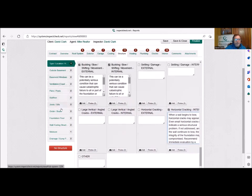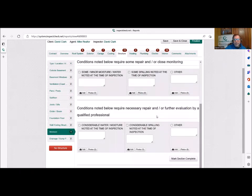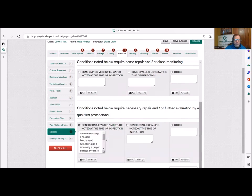As far as moisture, I guess one of my concerns here is, we've already figured out that there's a problem. There's got to be a moisture problem, right? There's, again, hydrostatic, geostatic combination. So I would probably put considerable water and maybe evidence of additional drainage is needed, recommend evaluation, and I would probably put,